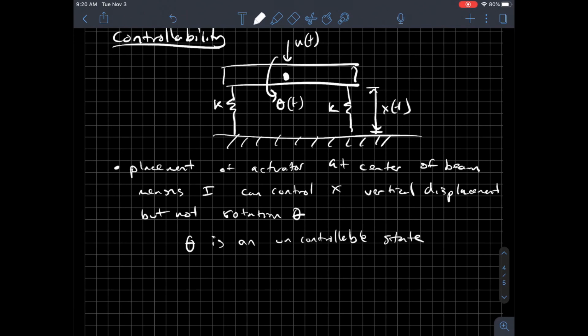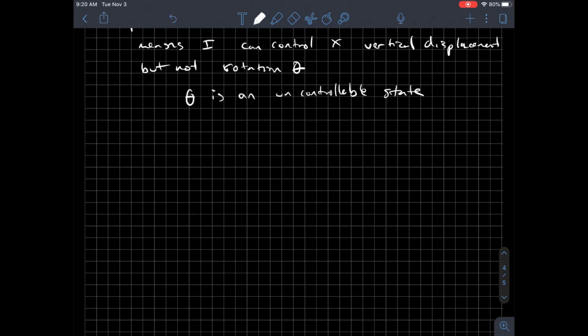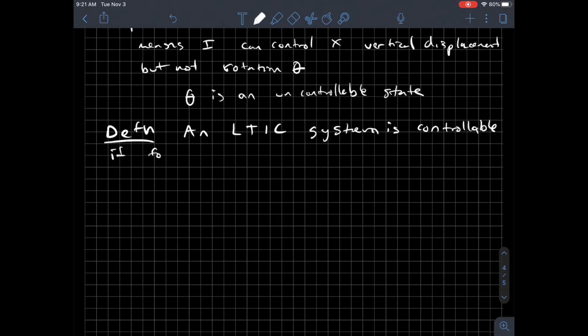So to get us through this, what I need to do is give you a definition, and I'm going to skip any sort of proof of it because, like I said earlier, this is sort of an introduction to state space control topics. So a linear, or an LTI, system is controllable if for every state